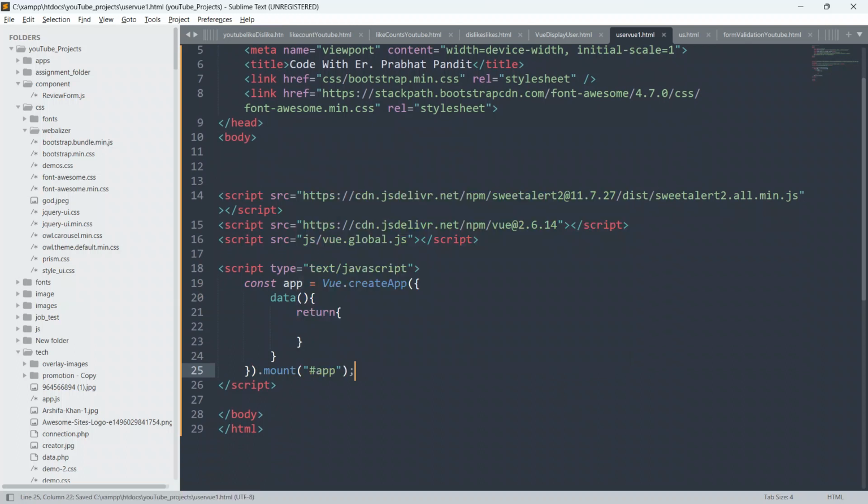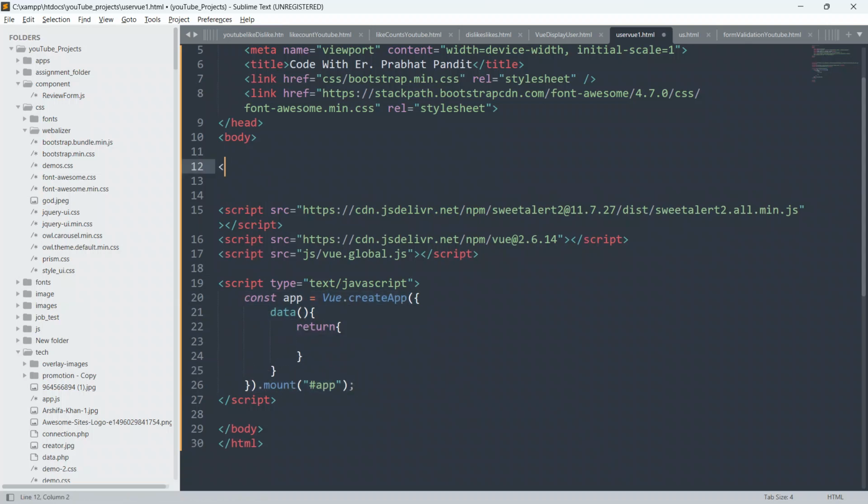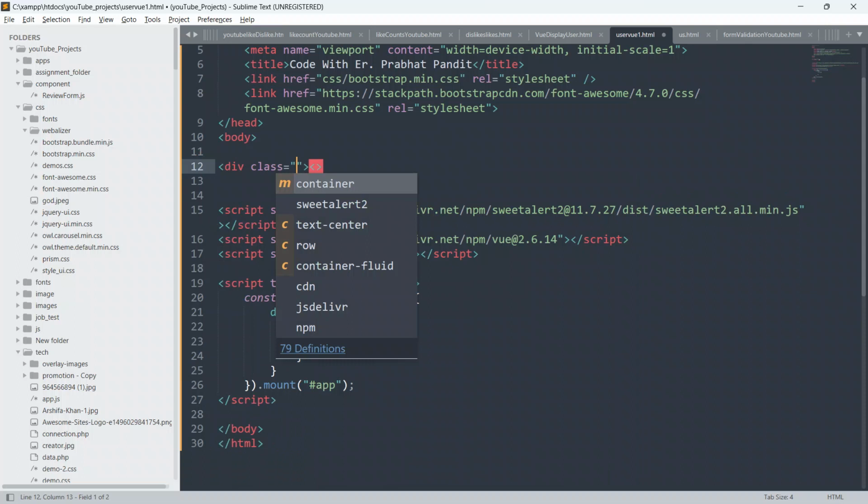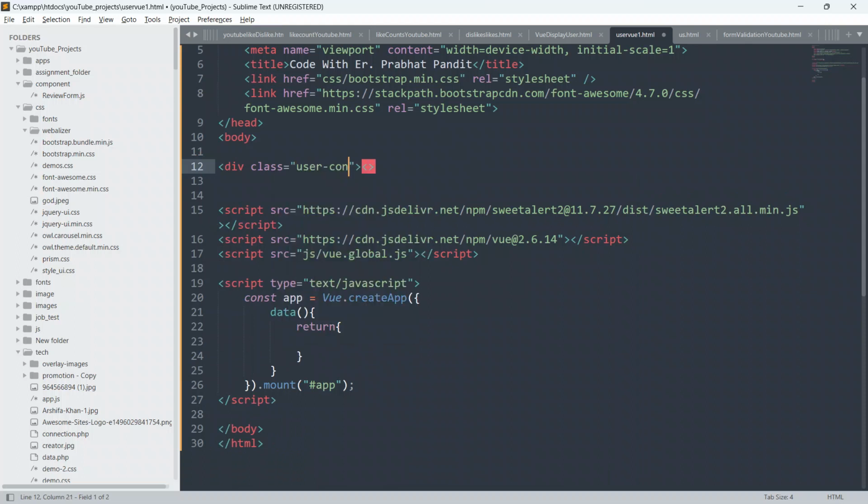So guys, now we have to create our div to link this instance of Vue to our HTML part. I'm going to create a div here and give the class as user container, and close this div first.